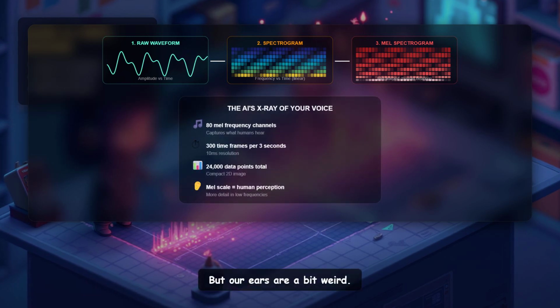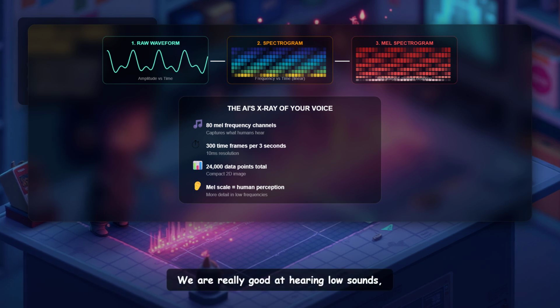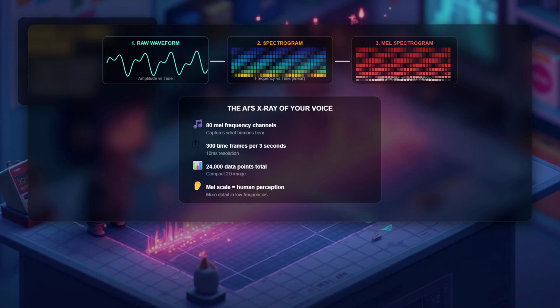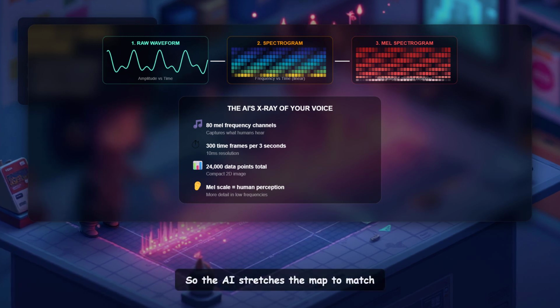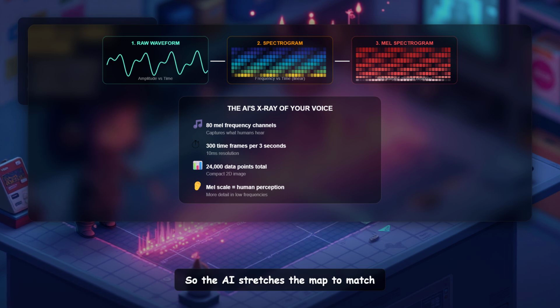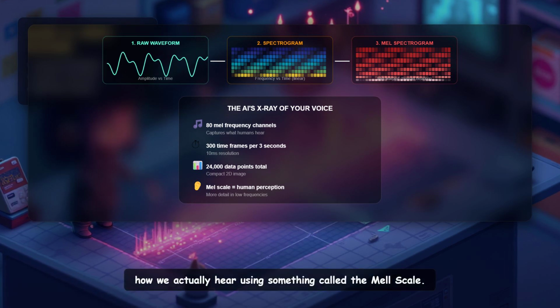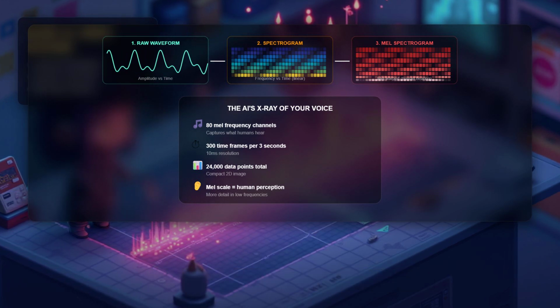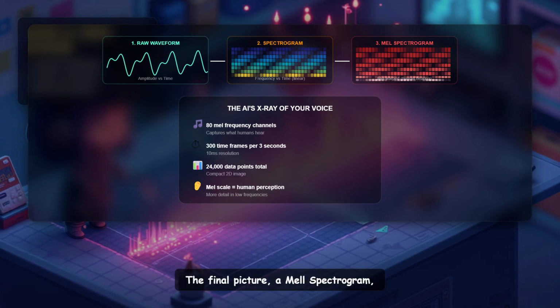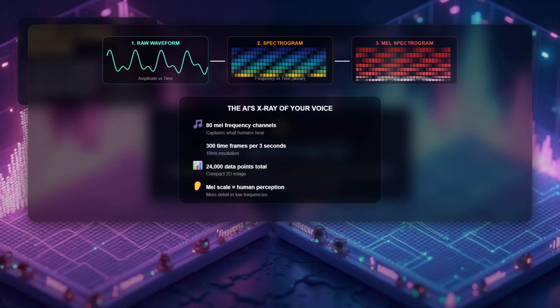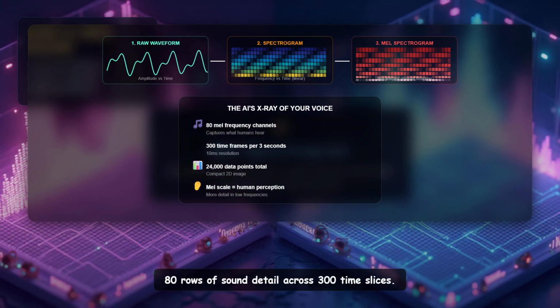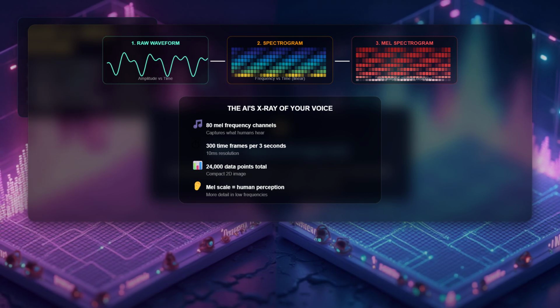But our ears are a bit weird. We are really good at hearing low sounds, but high sounds all blend together. So the AI stretches the map to match how we actually hear using something called the Mel scale. The final picture, a Mel spectrogram, is like an X-ray of your voice. 80 rows of sound detail across 300 time slices.